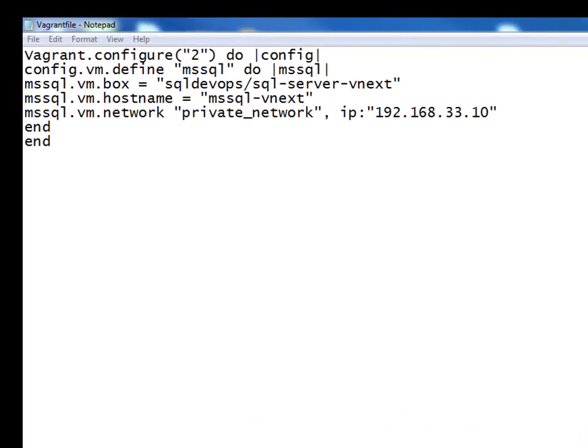Now back to our Vagrantfile. Vagrant manages a local repository of Vagrant boxes. When a Vagrantfile requests a Vagrant box not listed in the local repo, Vagrant downloads it from the global Atlas repository to the local repo. This can be a bit time-consuming. The next thing to set on the Vagrantfile is the network configurations. We will set the server on a local network with this IP. More network configurations are available in Vagrant documentation. Now everything is ready for spinning up the virtual machine.